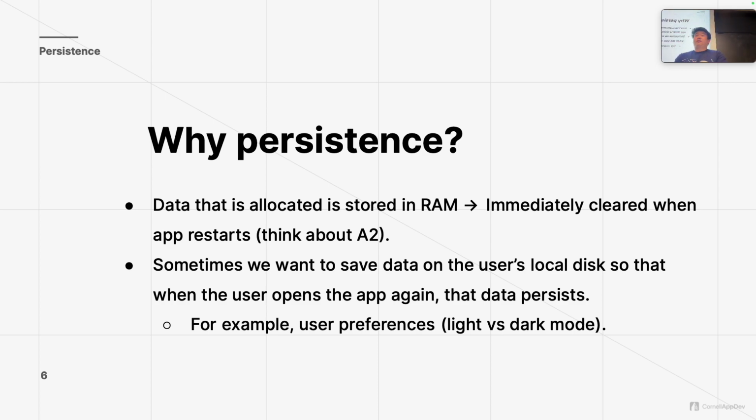So this is where persistence comes in, where it allows us to store our data on local disk so that, one, we don't need Wi-Fi to access it, and two, we have it saved so that every single time you refresh or restart the app, it is still available to all the users, and you won't have an issue where your data disappears.